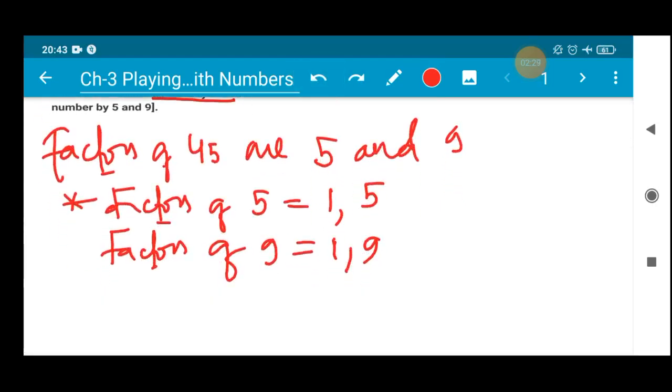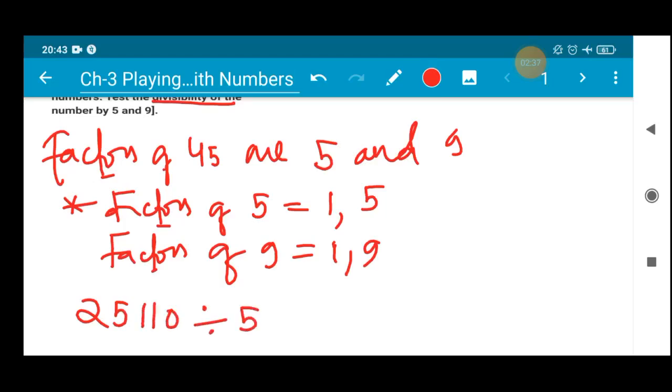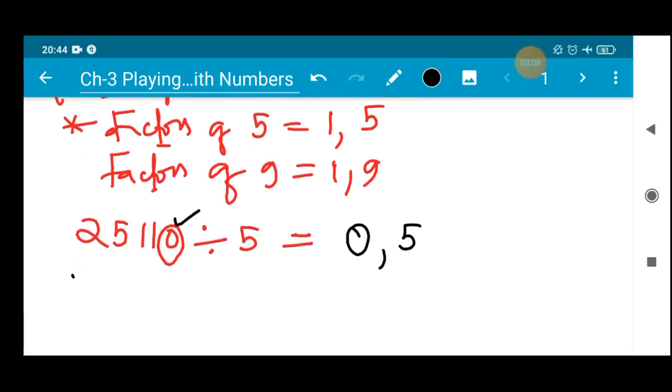So now we have to check whether 25110 is divisible by 5 or not. If both 5 and 9 are able to divide this number, then we will say that yes, this number will be divided by 45. So will this number be divisible by 5 or not? Yes, of course it is divisible by 5, because the last digit is 0. The divisibility rule of 5 states that it should end with 0 or 5. Hence we can write, therefore,